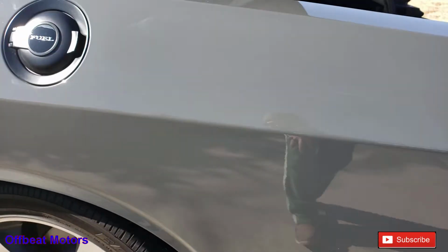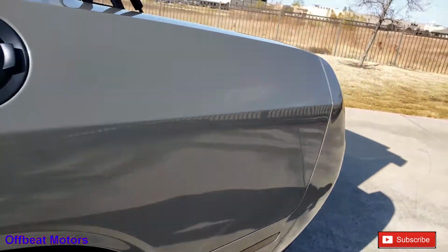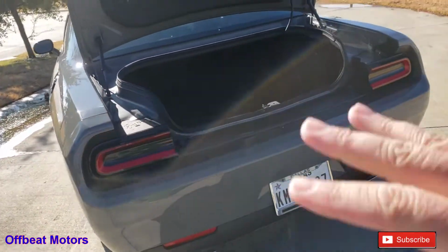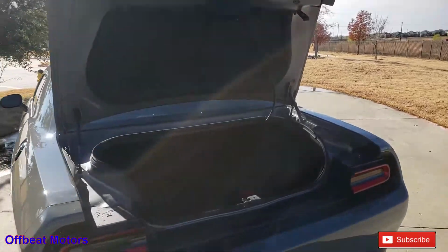The paint, it's dirty right now because, well, I've only had it back a week. But the paint, you can't even tell. It's blended so well. Once it all fully cures and everything, when I do the first wash after probably a month or so, I'll probably clay bar it just to get it all smooth, and then I'll protect the paint